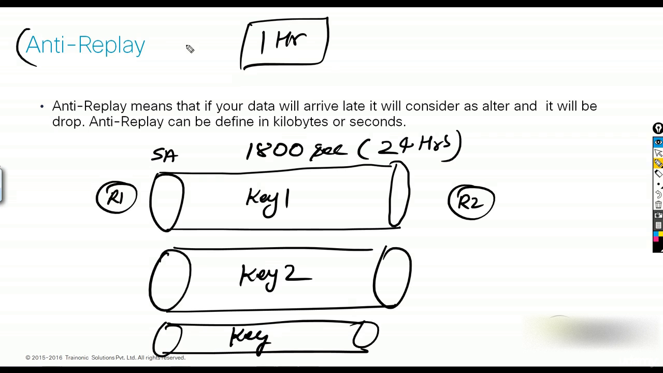So what is anti-replay here? Anti-replay means that if your data arrives late, then it will be considered as altered and it will be dropped. Anti-replay can be defined in kilobytes or seconds. If an attacker is able to find out the key, for example key 1, and the attacker sends the data to any branch, R2 and R1, and at that time we know very well key 1 is not valid. Which key is valid? Key 2 or key 3 is valid. So that packet will be